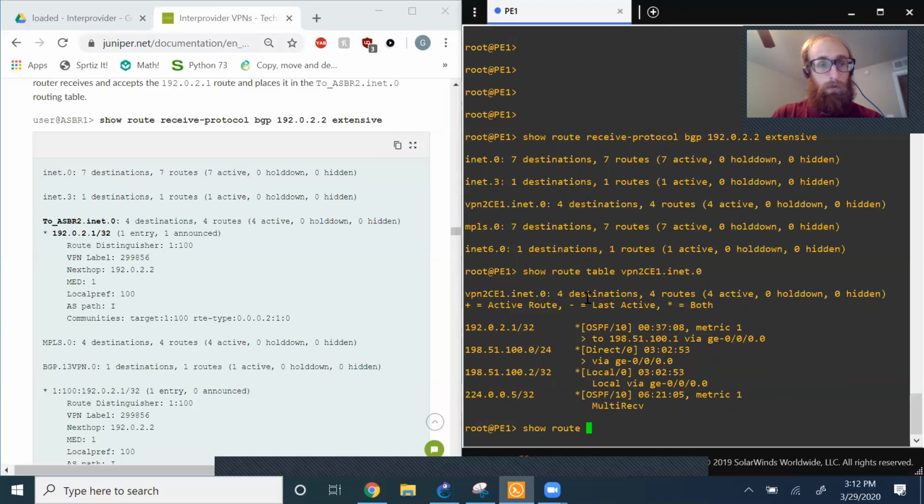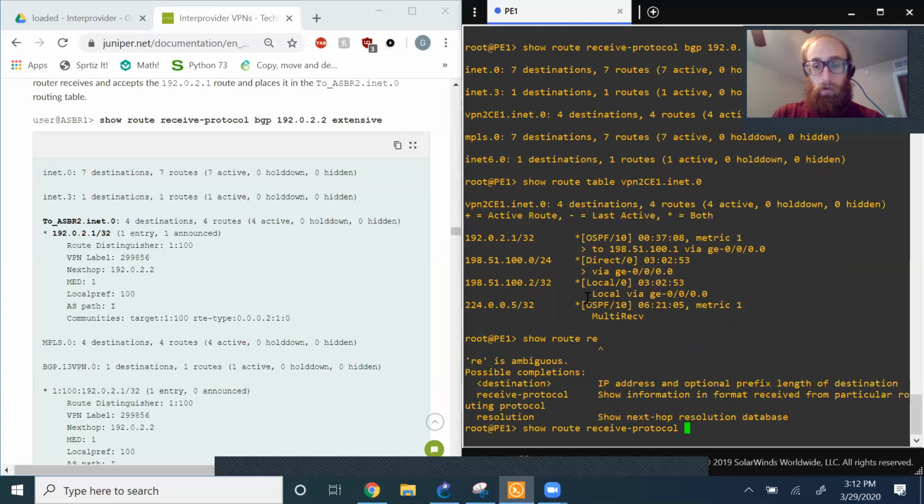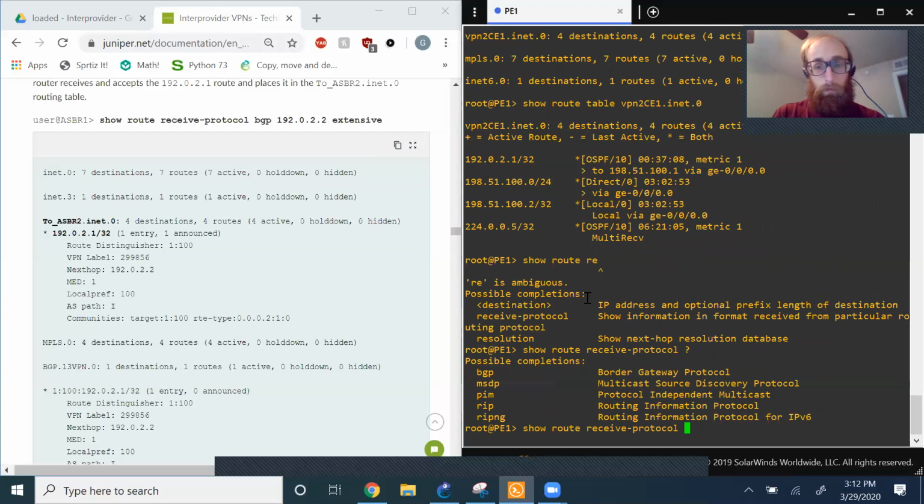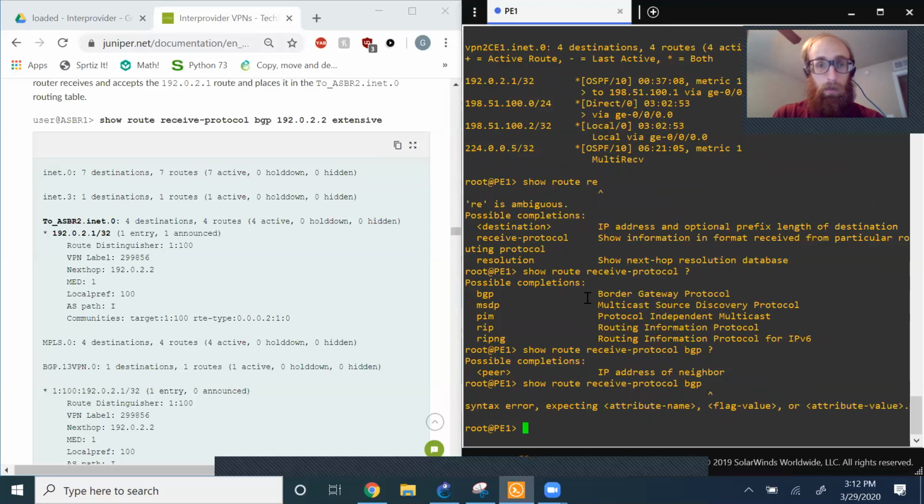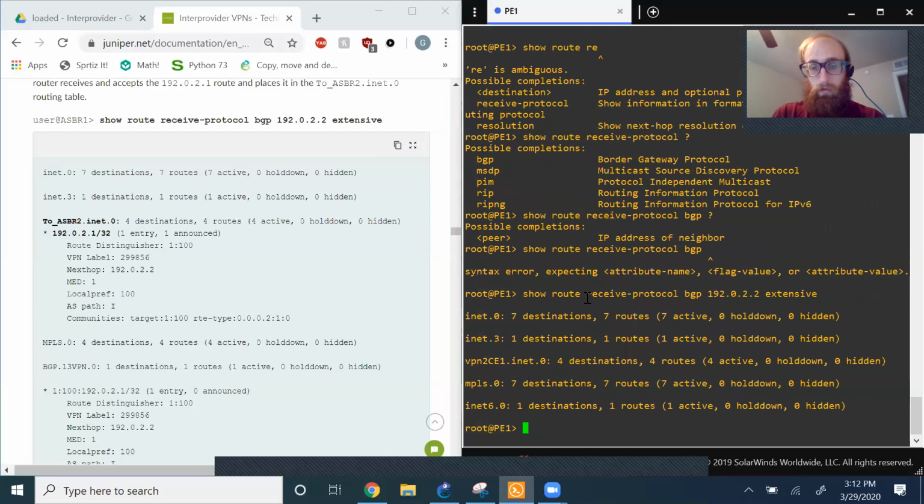What about just route receive protocol and then BGP, and then, oh, we got to put in a neighbor. So, I mean, this makes sense when you think about it. I think this actually might be something we're going to need to downvote and report to Juniper, because if it's going to be receiving a route by the BGP neighbor here,